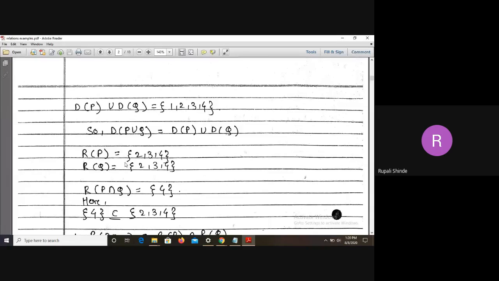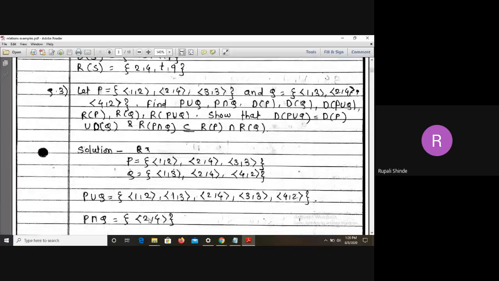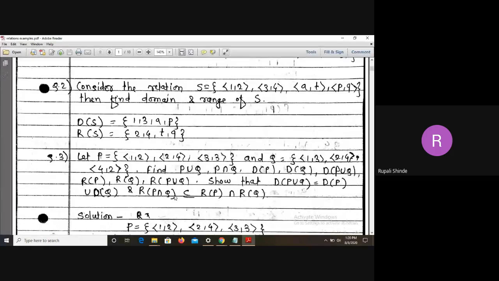So here we can show that 4 is a subset of this 2, 3, 4 because 4 is an element of this set 2, 3, 4. That's why 4 is a subset of the given set. So here we can say that range of P intersection Q